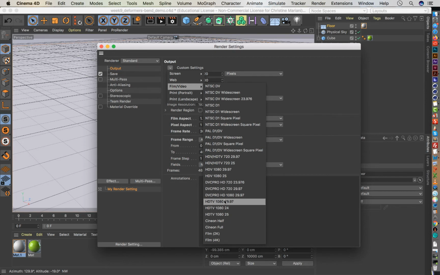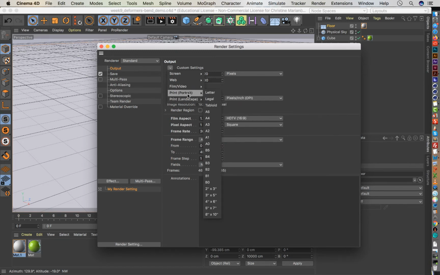If you were printing it, which might be a reason why you're doing both, rendering out your video but also wanting to be able to print it, then you would go to the print sizes, like letter, 8.5 by 11, landscape. Now, if you pick a format like that, say I pick letter,